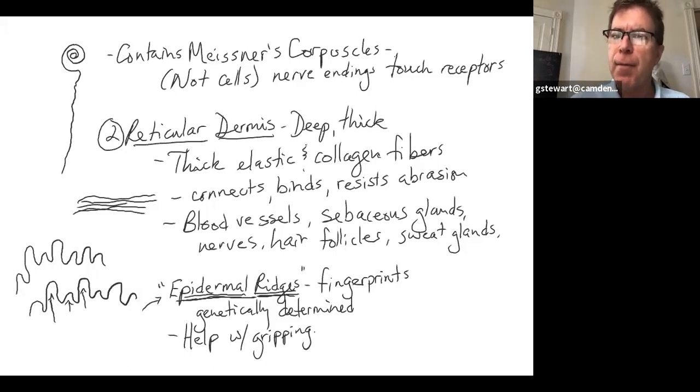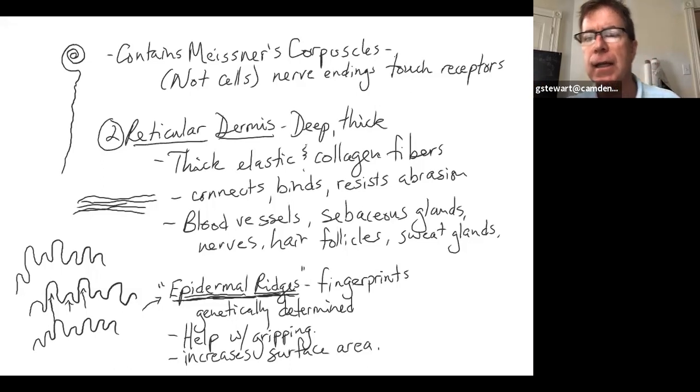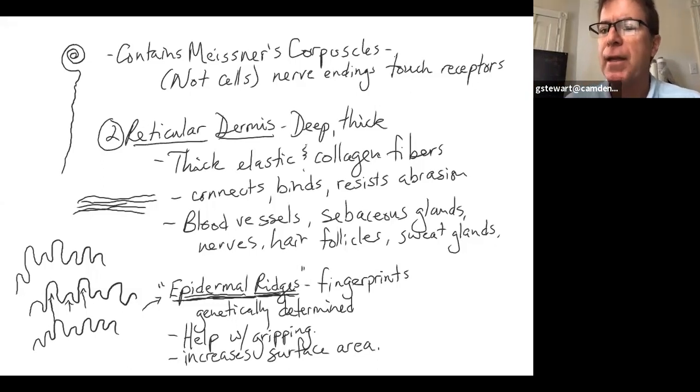So we've described what the epidermal ridges are and what they do, and finally this pattern that's created, I'm going to give you another function. It increases surface area. That's really important for functionality in any living system, especially the human body. So I'm going to just quickly go to the next page and expand on the surface area a bit for a moment. If I draw a line from point A to point B, like that,